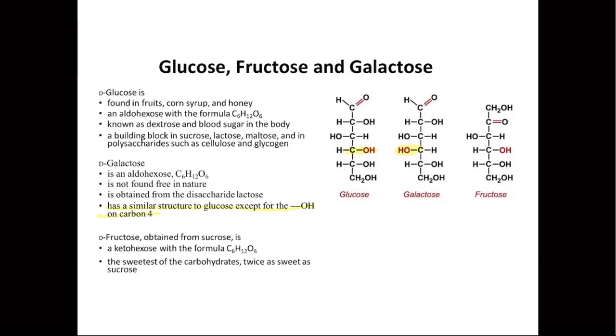You can see the structures for glucose, fructose, and galactose. You can see it to the right side there in order of first glucose, then galactose, then fructose. So when it comes to these monosaccharides, you can see that in terms of structures, they are all hexoses because they have 6 carbons in their structures. Now, glucose and galactose are aldohexoses because they have an aldehyde motif in their structure. On the other hand, fructose is a ketohexose because instead of having an aldehyde, it's going to have a ketone